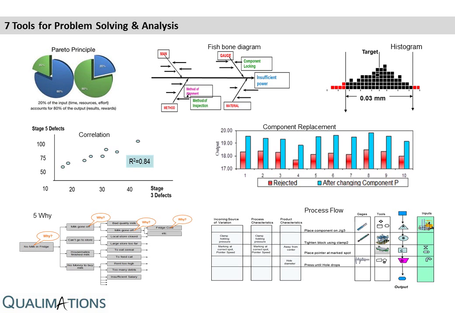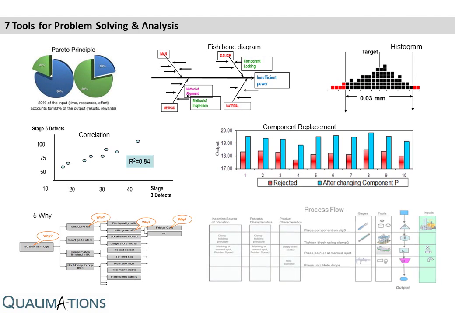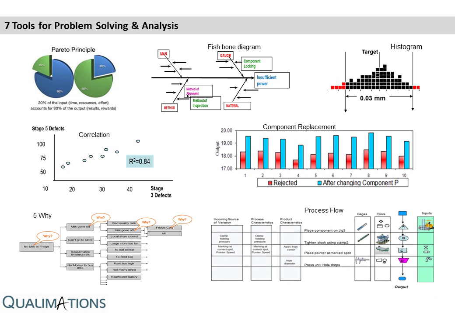The following are the 7QC tools: Pareto diagram, cause and effect diagram, histogram, scatter diagrams, component replacement, 5-why analysis and process flow diagram. The problems you face can be large or small, simple or complex, and easy or difficult to